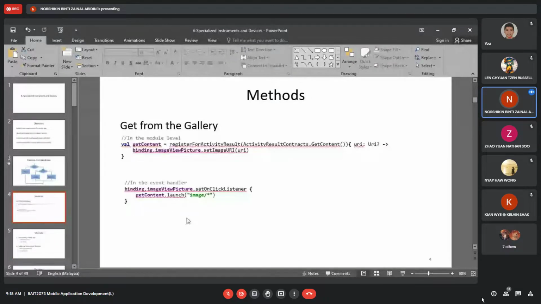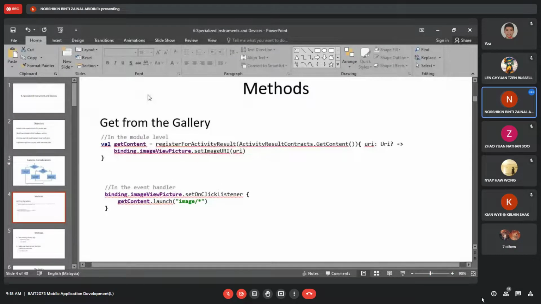Here the method is to get from the library, get from the gallery. We have two levels, first in the module level and then in the event handler.